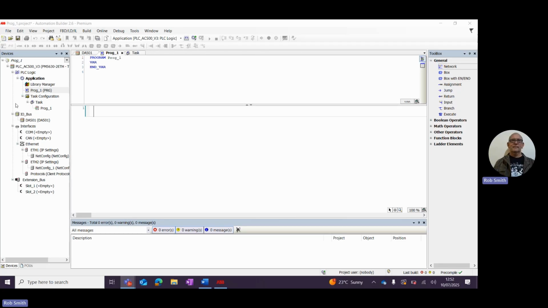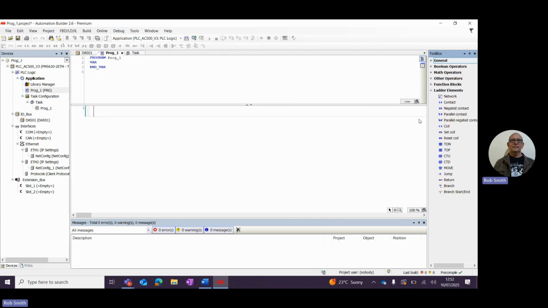So select program task, so we can double click that and it comes up with our program window. You can see we've got one ladder in there already. And on the right hand side, we've got all the different functions that we can add into our program. So there is some Boolean commands, so AND OR gates and things like that. So we can get some logic in if we're going to make some decisions. Also, we've got some mathematical functions there that we can use, but we're going to focus on the ladder elements